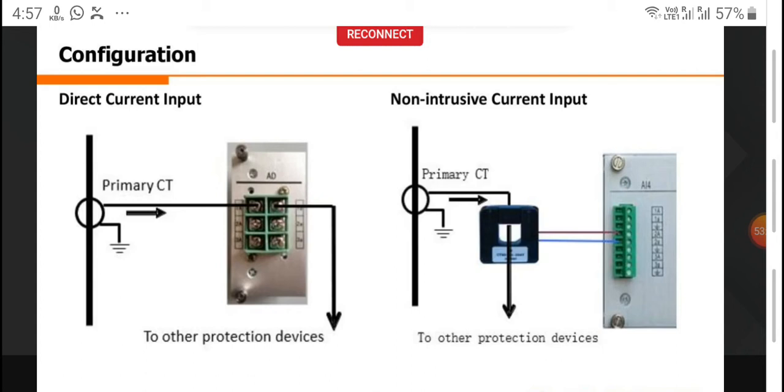So here you have got your CTs. Now you have got this black equipment that you are seeing hanging right in the bottom. This is a clip-on CT. That means there is a clip. All you have